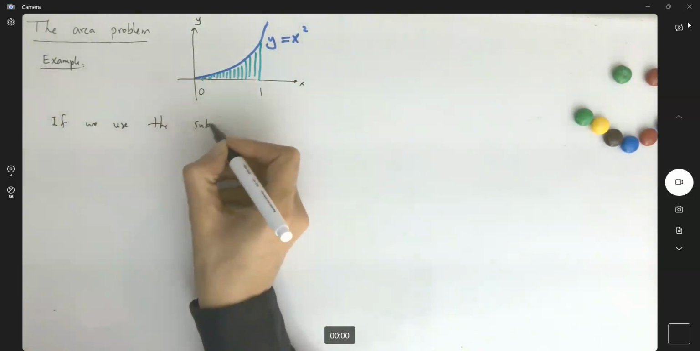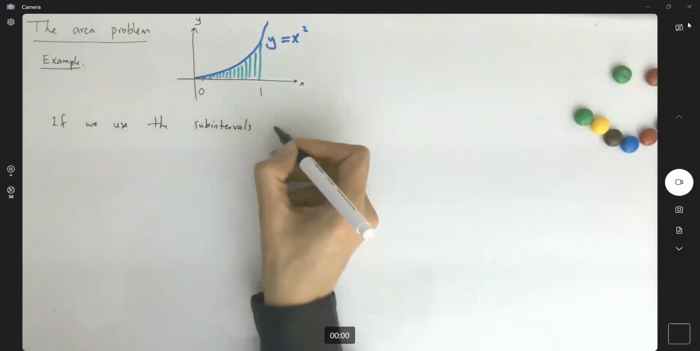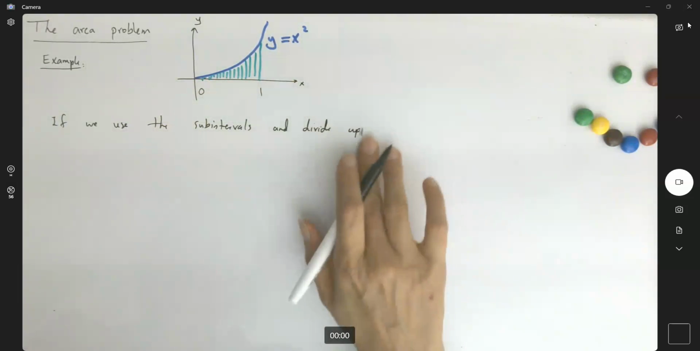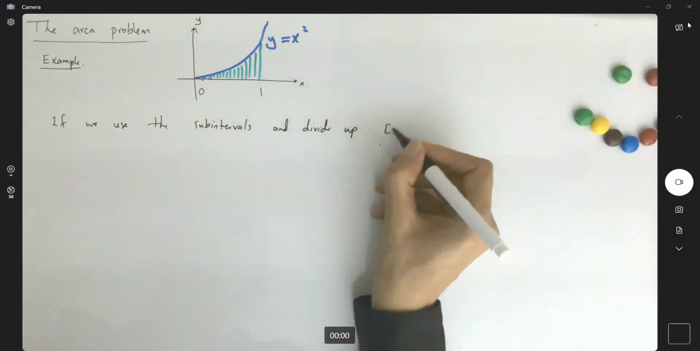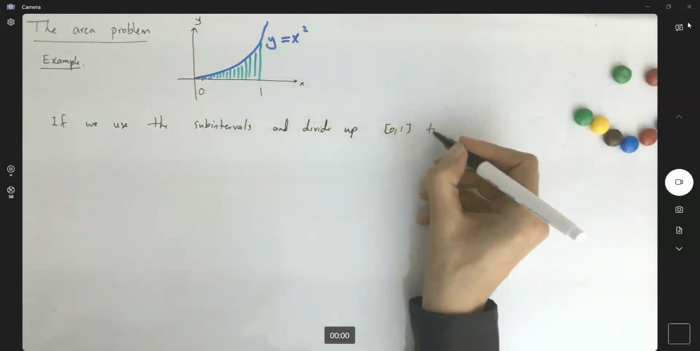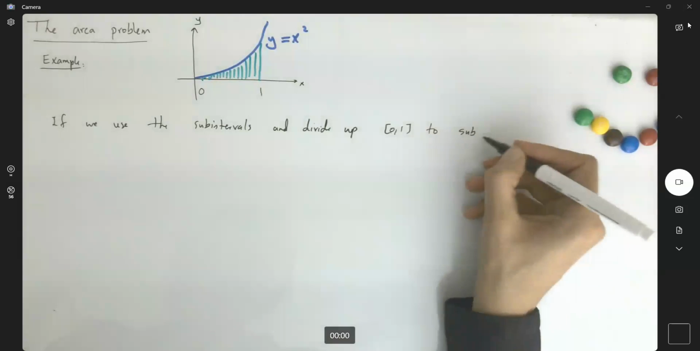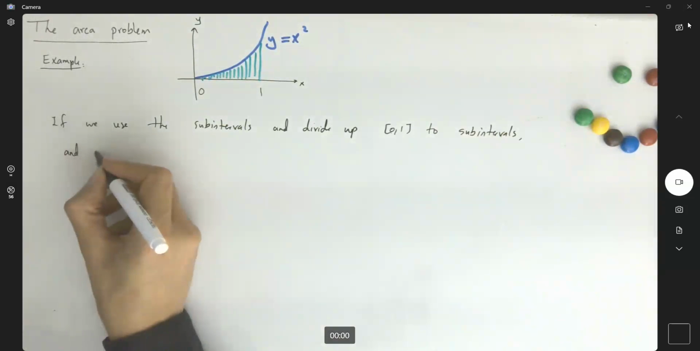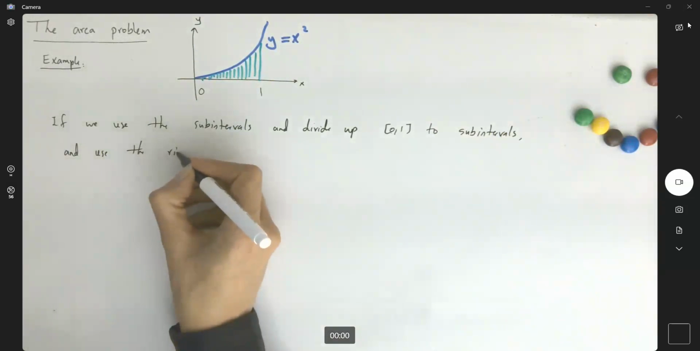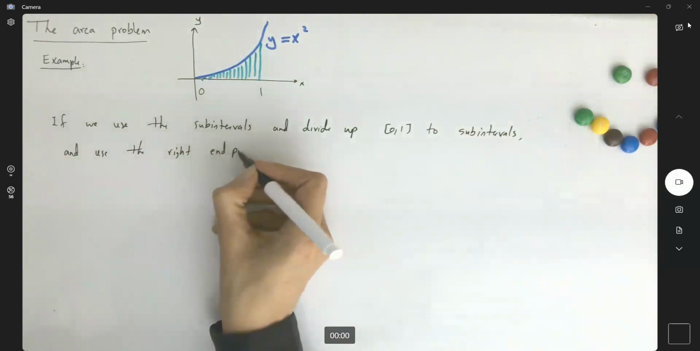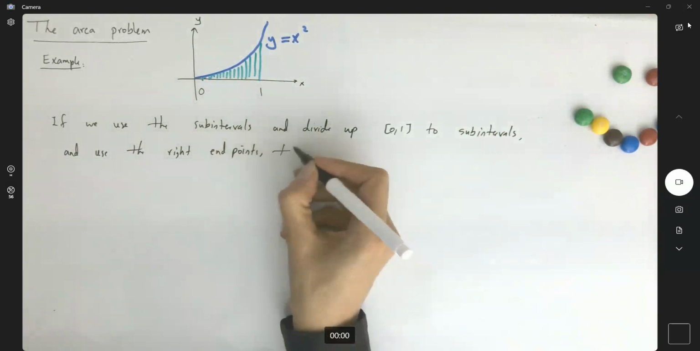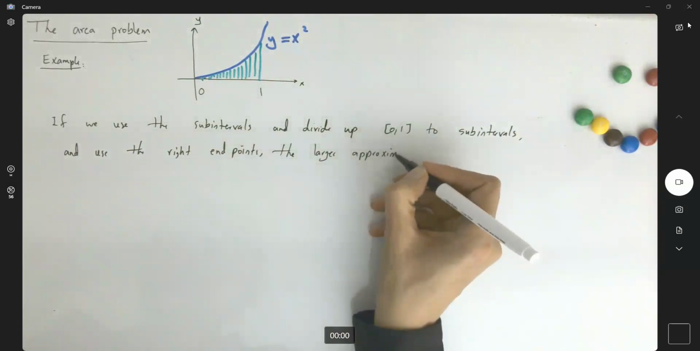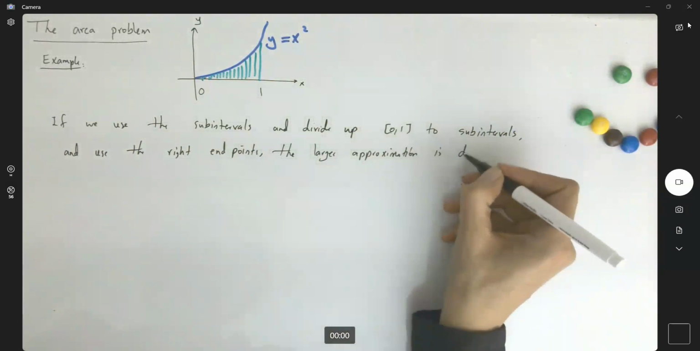the sub-intervals and divide up the interval 0 to 1 into sub-intervals, and use the right endpoints, the larger approximation is denoted by